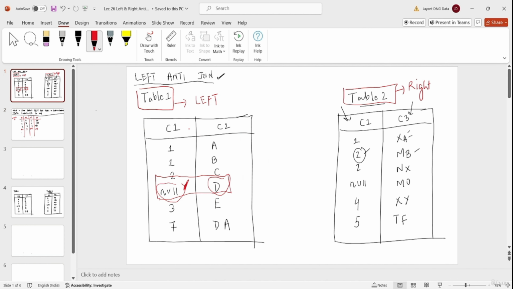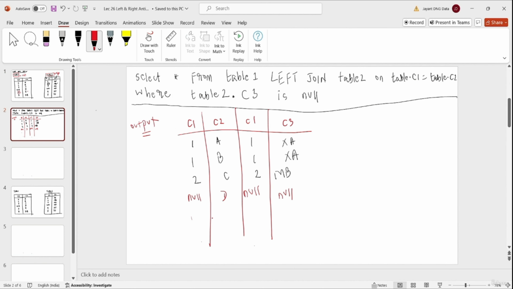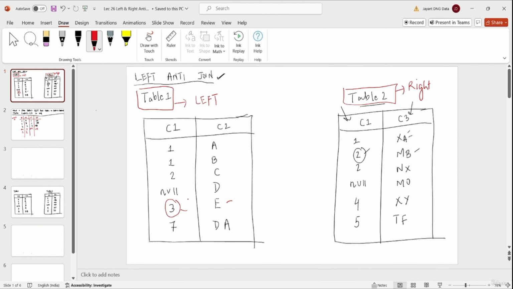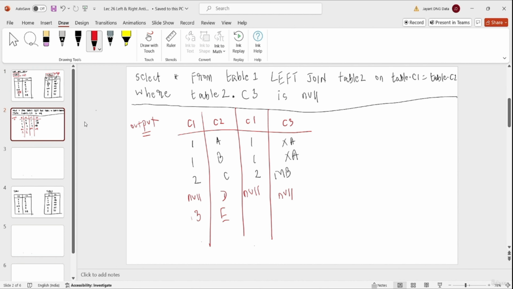Now let's talk about the next value. We have 3 which is present only in the left table, and since we are considering only left outer join, we will see this 3E in the output because it is present in the left table. But since this 3 in column 1 of table 1 doesn't match with any value in column 1 of table 2, corresponding to all the columns coming from table 2, we will get null values, so we can write null and null here.